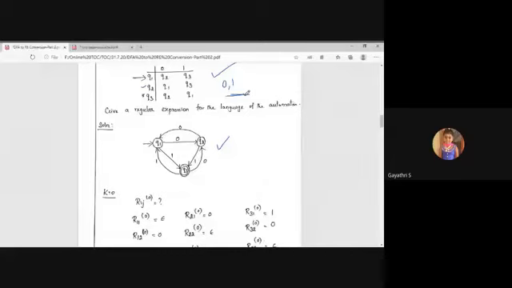Can anyone say, from this transition diagram, what is the number of states? Yes, 3. Since the number of states is equal to 3, what about the possible values of k? Possible values of k are 0, 1, 2, 3. So k equal to 0 is the basis part, and the remaining cases come under the induction part.